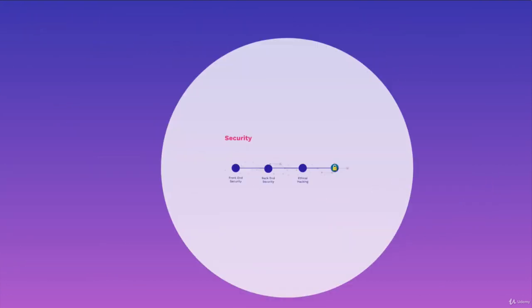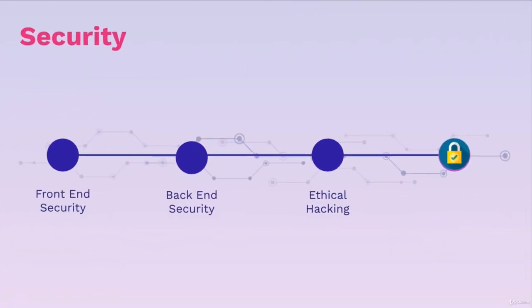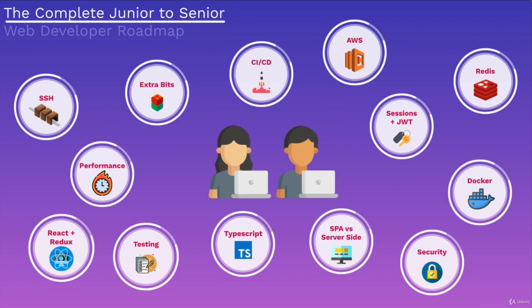From there, we dive into one of my favorite topics, security. We're going to cover a diverse range of topics, including front-end security, where we talk about cross-site scripting, injection attacks like SQL injections, and we'll actually practice those to see how they work. We're going to talk about back-end security and what the best practices are in order for us to manage sensitive data. From there, we also learn a few ethical hacking techniques so that we can protect ourselves when we're building our app, so that you feel confident by the end that you are building secure applications using the latest tips